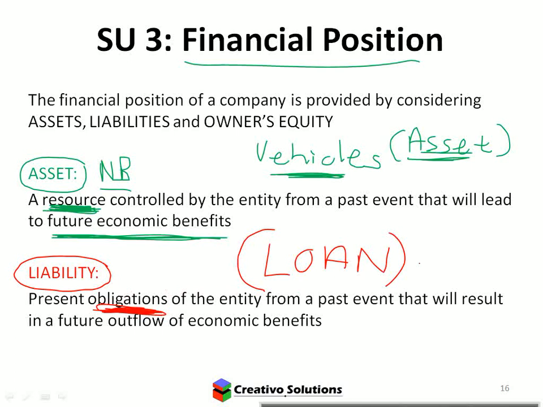Okay, can I use a loan to buy an asset? Yes, but then we're bringing the two things together, and now we're looking at a transaction. Right now we're just focusing on what things are. What is this, what is that? That's all, and it's as straightforward as that. Step number one will always be to identify the elements. When I say element, I'm referring to this, asset or liability. These are the first two elements. There are more.